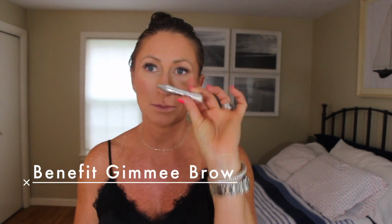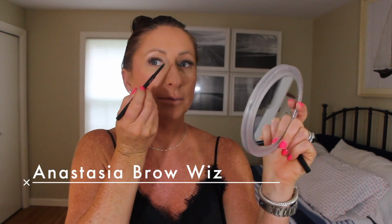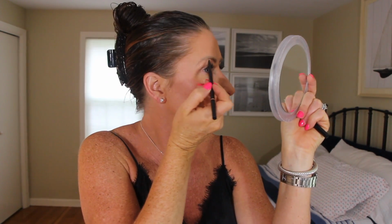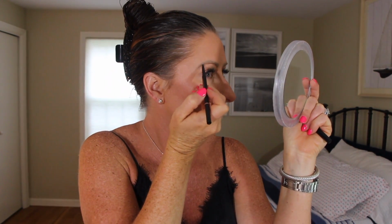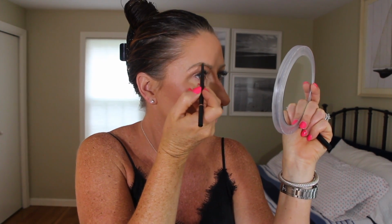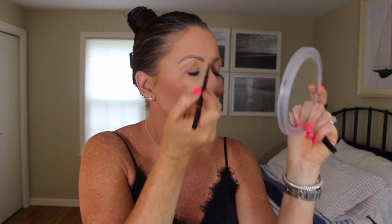I pop on the lip, I'm going to show you at the end, honestly, and I go. Again, I also have my brows microbladed, so keep that part in mind. Some days if I'm doing this, I will take some Benefit Gimmee Brow and just toss it on. When I'm going out at night, like tonight, I take the Anastasia Brow Wiz. I'm going to try and do this way here. And I just kind of do a light line underneath. I just define them a little bit extra. I like a really defined brow, so you don't have to do this, but to each their own, you know